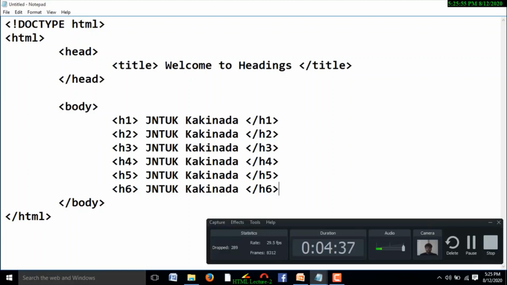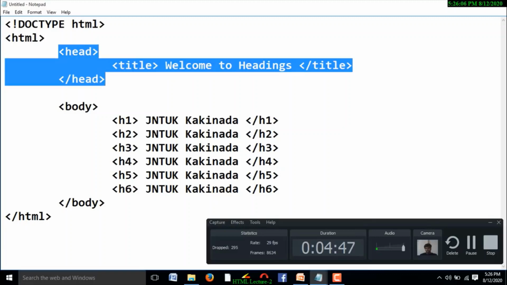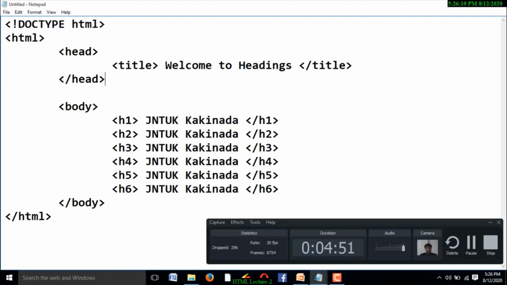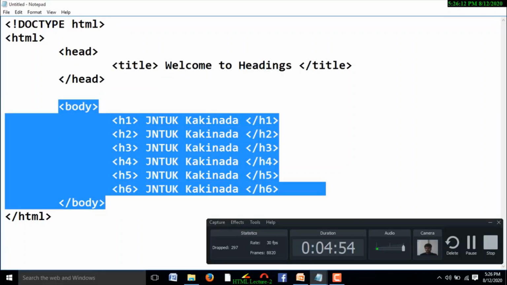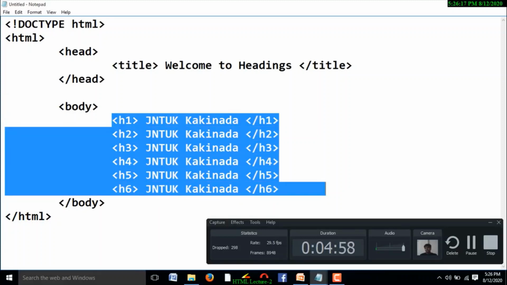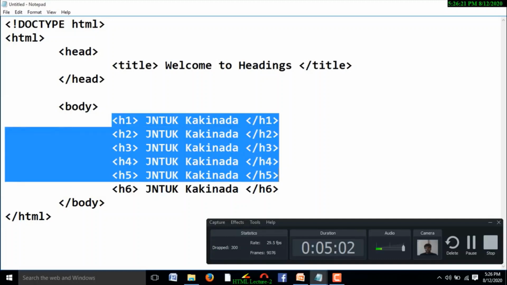So observe the document clearly. First, the document type declaration is completed. Next, the root element HTML tag, and the first compartment, the head part, and here the title is Welcome to headings, and the second part is body. Inside the body we mentioned 6 tags. These 6 tags belong to heading.